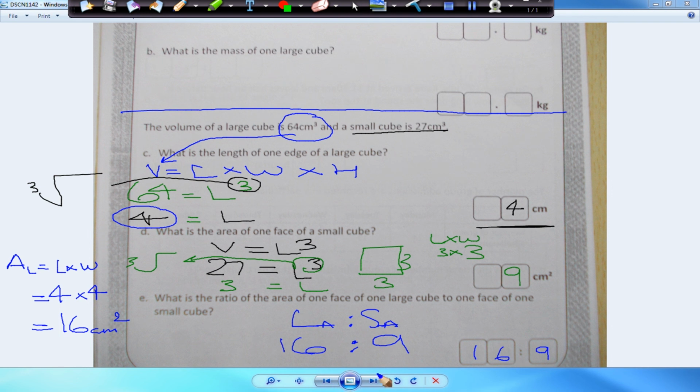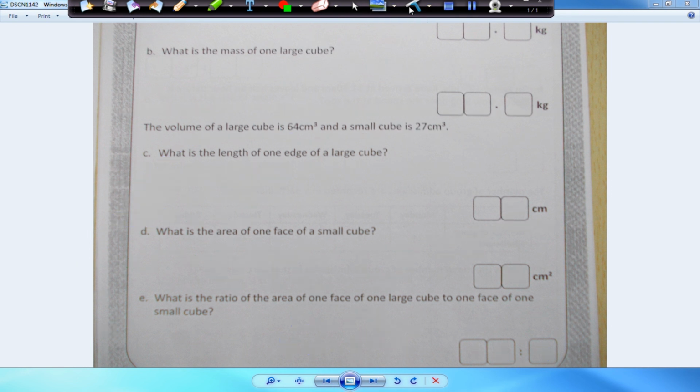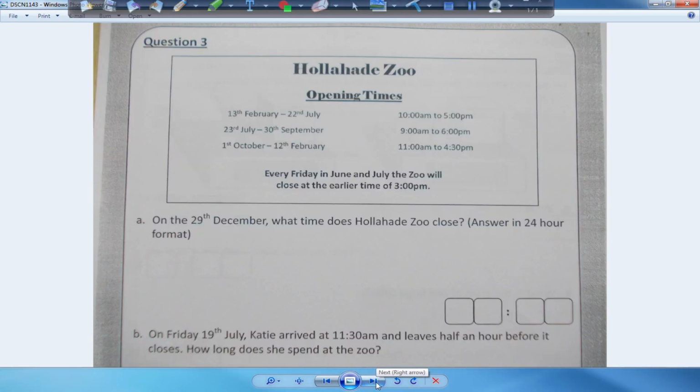Right. Okay, let's clear the page. Okay, I'll go on to question number 3 now, folks. Okay, question number 3. Right. It says here,